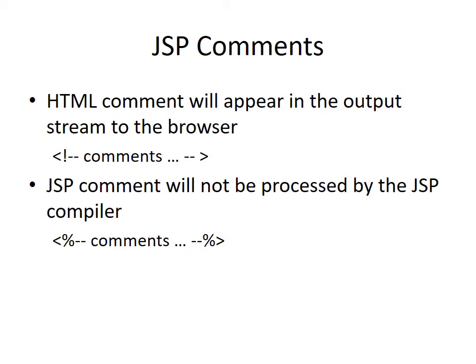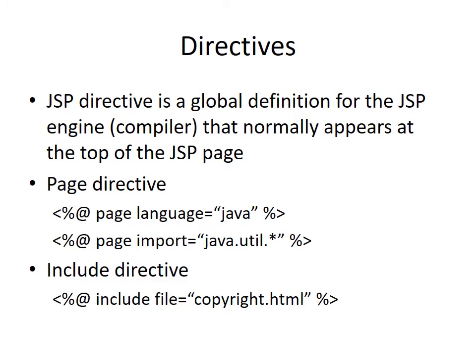So the first one which you see on the screen is naturally an HTML comment tag, and the second one which you see is the JSP comment tag. So what is the syntax for the JSP comment tag? You have an angle bracket, then the percent symbol, 2 dash lines, then the comment, whatever you want to put for the next coder or user, then the 2 dash lines, naturally ending with percent and the angle bracket.